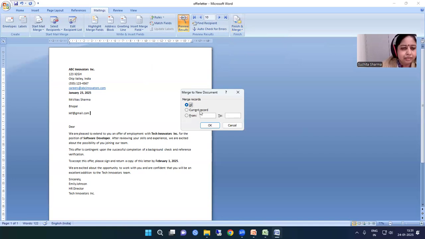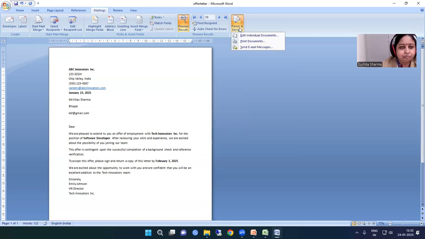For the current record which you are clicking on, you can give a customized range from 2 to 7 or from 3 to 9 persons in this particular thing. If you press OK, then a separate document will be created with an individual name. If you don't want to do it individually, then please cancel it.